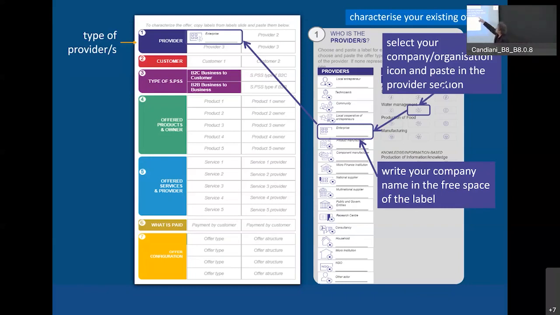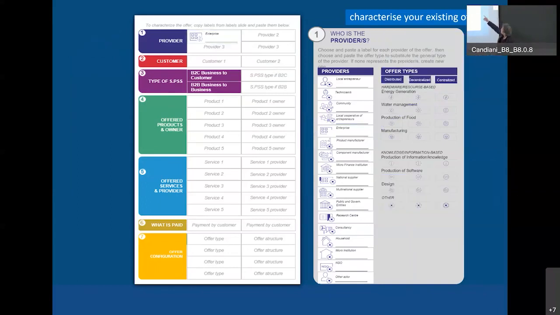And you can write inside what kind of enterprise this is. And you can actually even identify what they are providing. So it's a water management stakeholder. Okay, you can drag and drop that, but you can do that understanding at the same time where it sits. I should go back because you don't see here. You have here